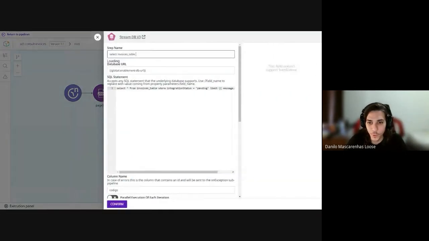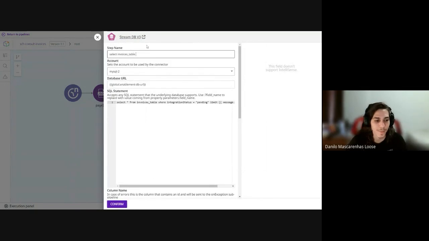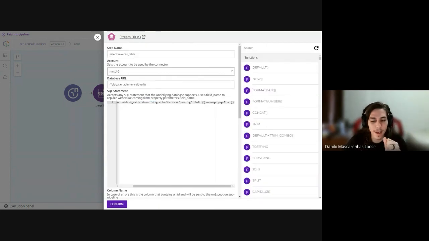And inside of the configuration of that string DB, that is basically a DB connector and a for each connector at the same time, we're going to select the invoices table. And an important thing here is that we are going to use just the integration status pending for that retrieving. And we are limiting that database with the page size I showed before.